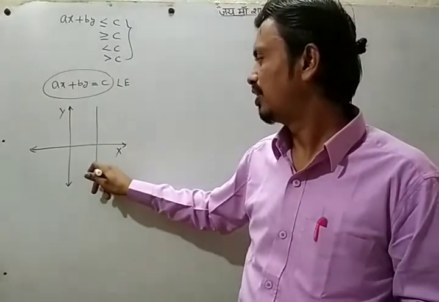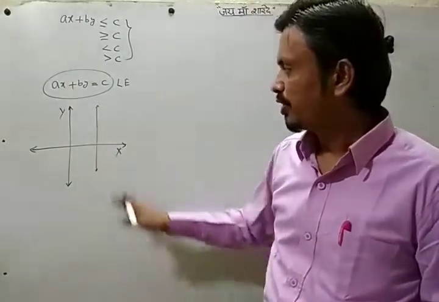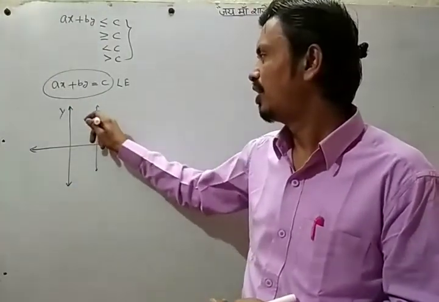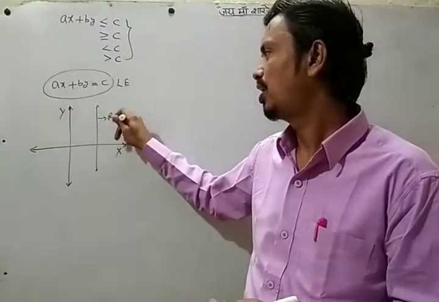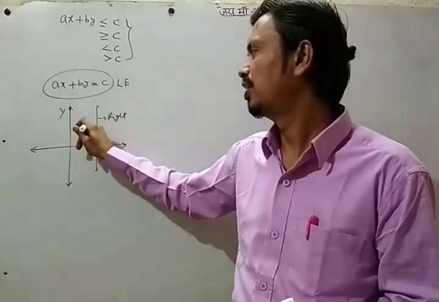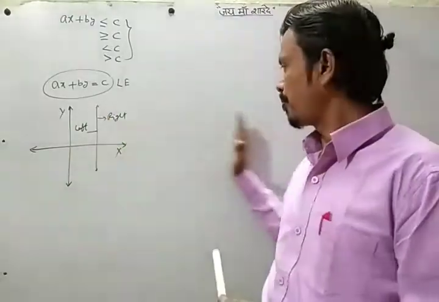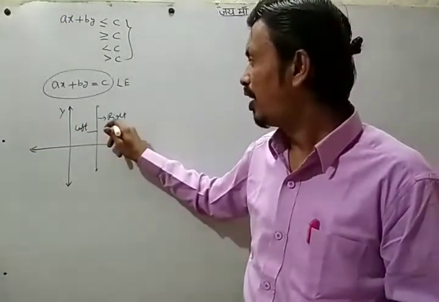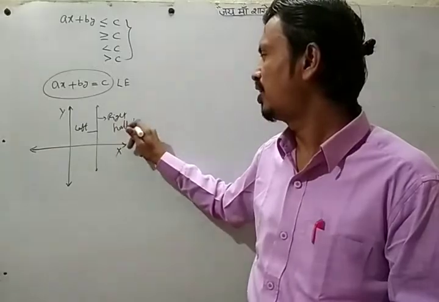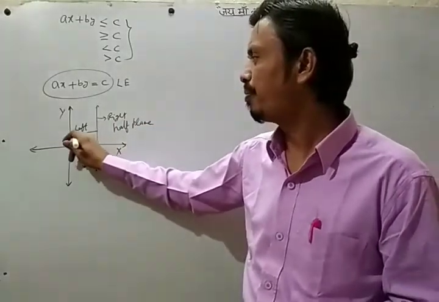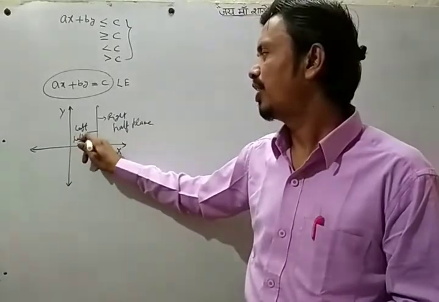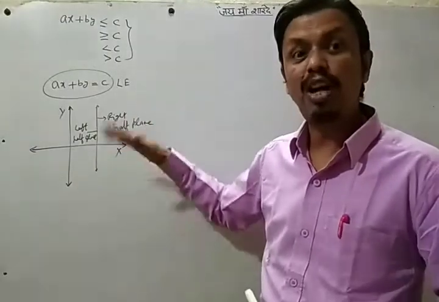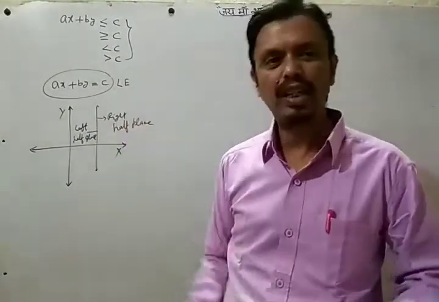If we draw this vertical line, this line divides the plane into two parts. One is right of this line and one is left of this line. Okay? The complete portion right of this line and the complete portion left of this line are the half planes, the left and right half plane. So a vertical line divides the plane into two half planes. One is called the right half plane, the other is the left half plane.